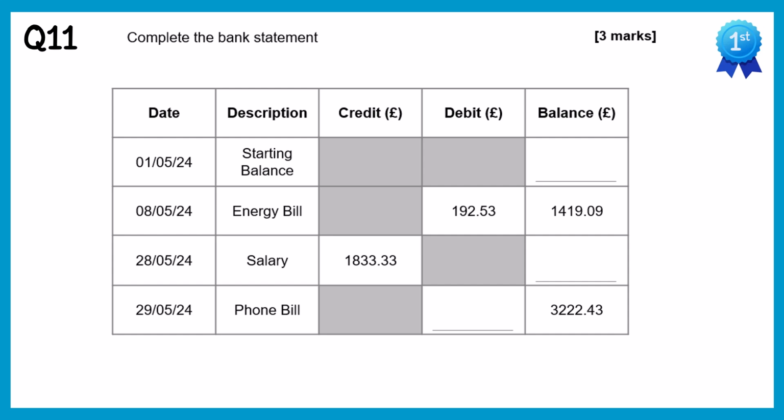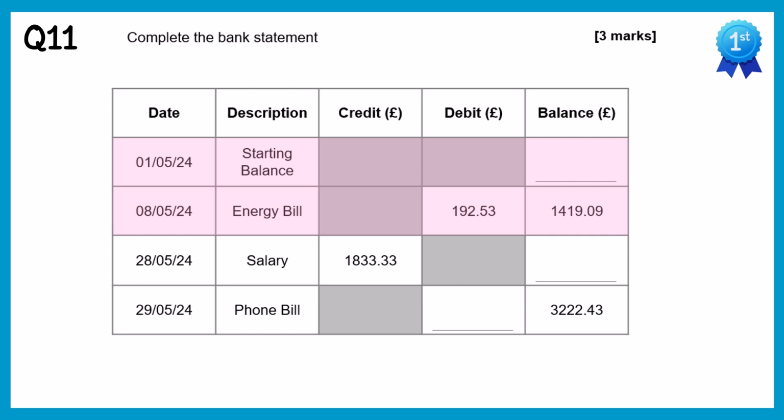In this question, we have a bank statement. We read bank statements going horizontally one row at a time. So if we look at the top row here, this one says the starting balance, but unfortunately we don't know that. On the next row, we have an energy bill, and you can see we have a number in the debit column. Debits are things that come out of the bank account, usually things you have to pay, like bills. So we had a starting balance, we then paid the debit, which was £192.53, and our new balance was